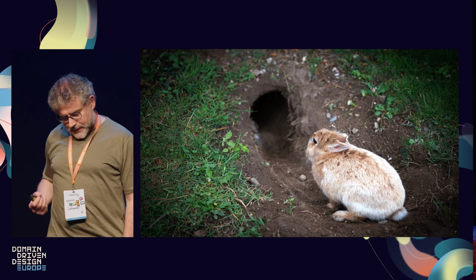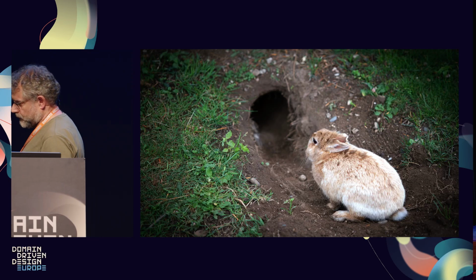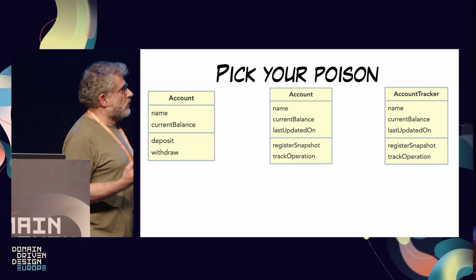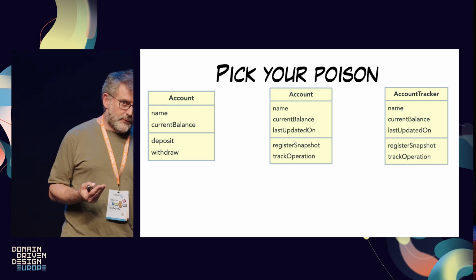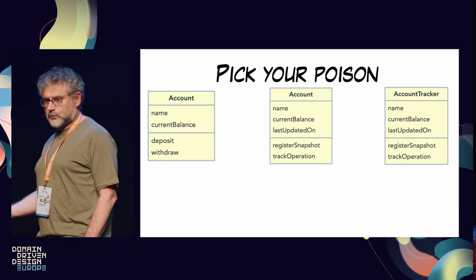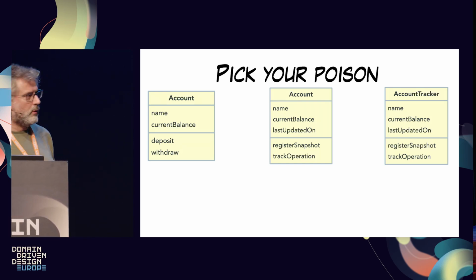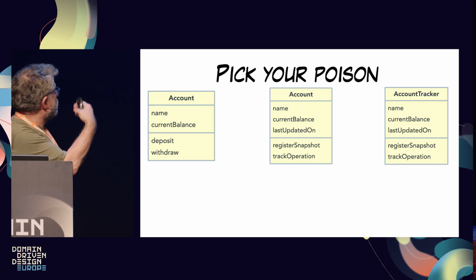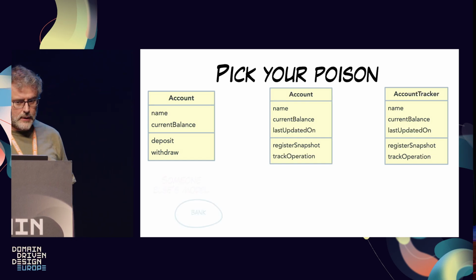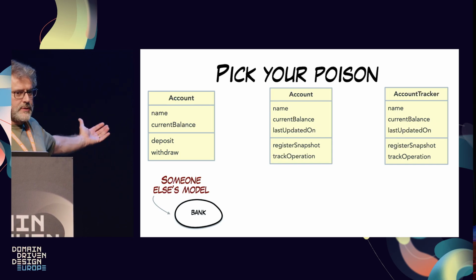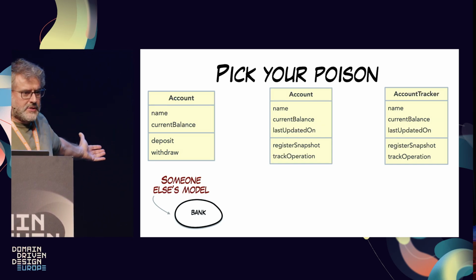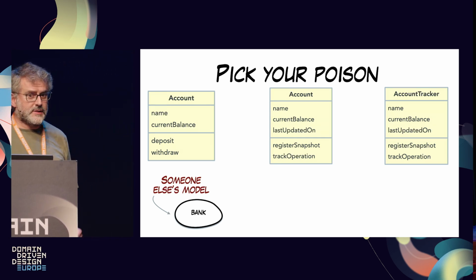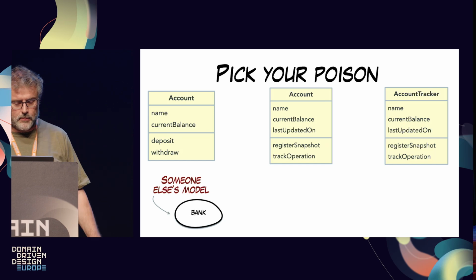We recovered quite quickly. But the thing that was interesting for us was that we had to look at the different possible alternatives, the traps that we could go for. The first one was, well, maybe we go for the account with these two operations, and clearly it was not our choice, because that was the model of the account inside the bank, but we were not the bank. So, well, that was a dumb idea. Still, it was the first thing that popped up in our brain.